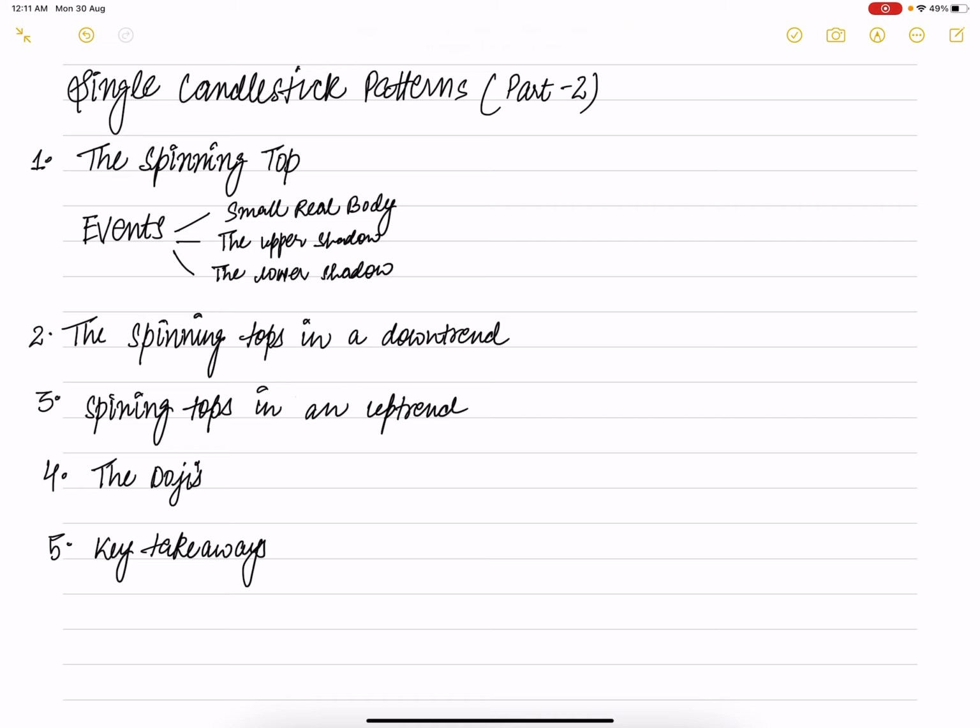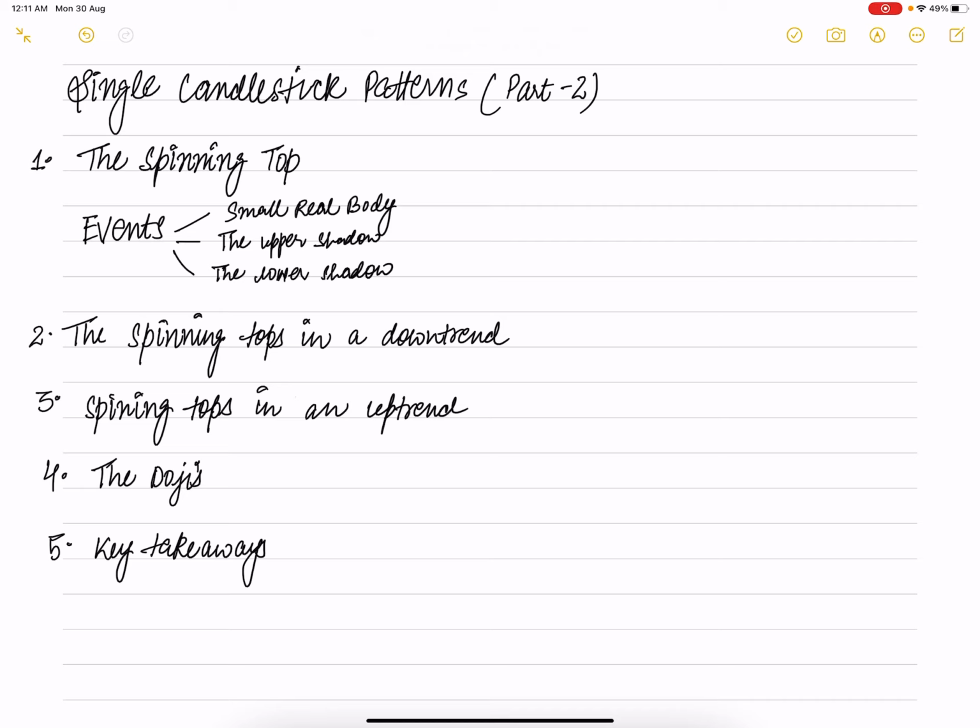Now coming to the lower shadow. It connects the real body to the low point of the day. If it is a red candle, the low and the close are connected. If it is a blue candle, the low and the open are connected. What do you think had happened if you think about the real body in conjunction with the lower shadow, ignoring the upper shadow? This is pretty much the same thing that happened